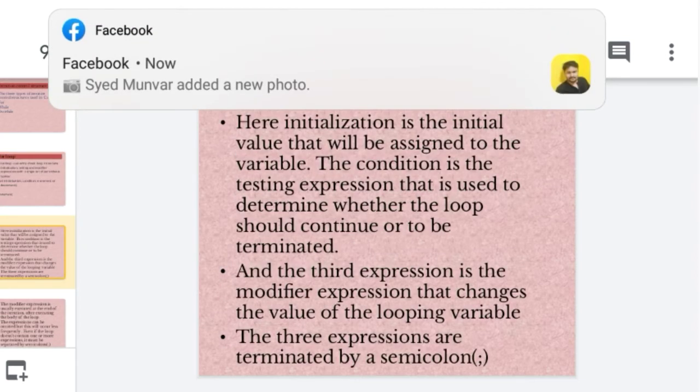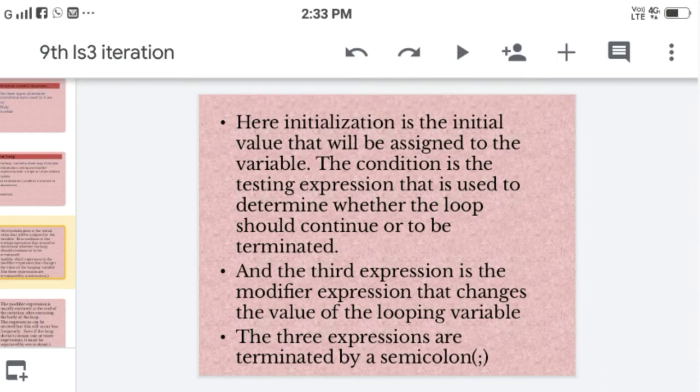Here, initialization is the value that will be assigned to the variable. The condition is the test expression used to determine whether the loop should continue or be terminated. The third is the modifier expression that changes the value of the looping variable. The three expressions are separated by semicolons.